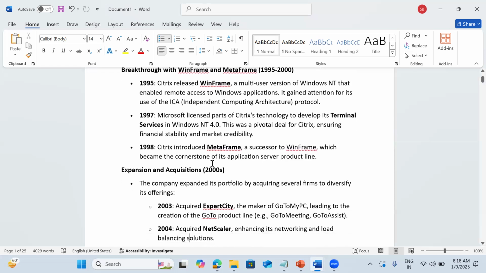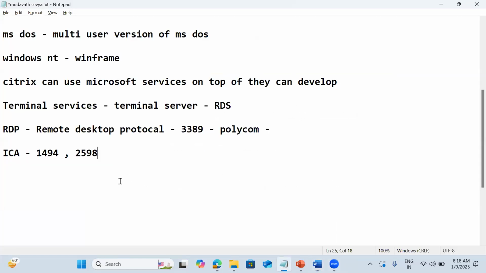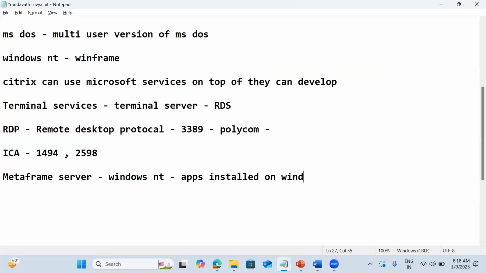Citrix got huge success with the MetaFrame server. WinFrame itself was not released into the market because it was acquired by Microsoft. The concept of MetaFrame server is that instead of giving the Windows NT server to multiple users, apps installed on Windows NT can be delivered to any device.